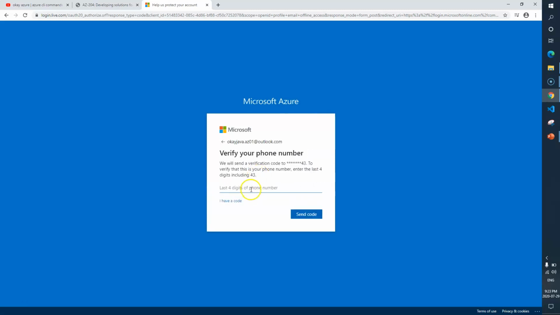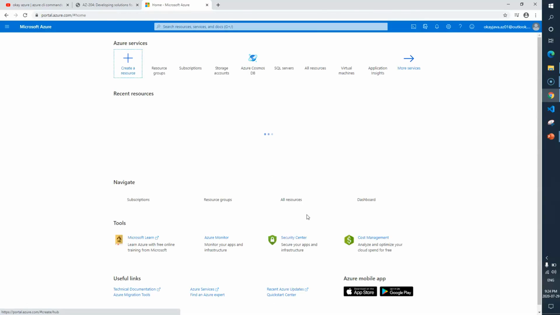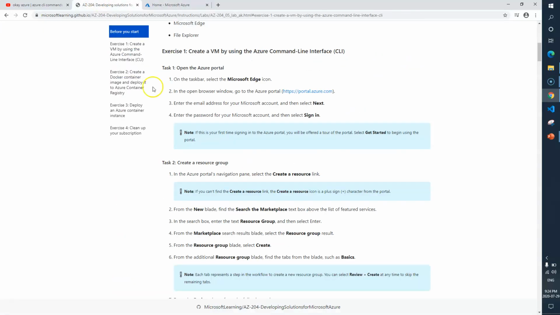Okay, because I have enabled multi-factor authentication, I have to put my OTP here. It's 27215. Okay, verify. Okay, so we are good. Now, task one was just to log in to the Azure portal. So we are good here.